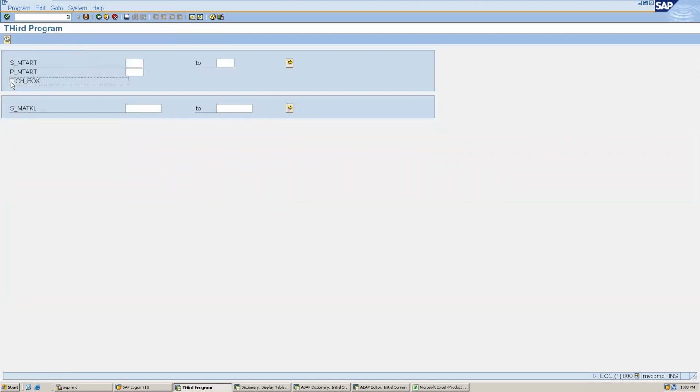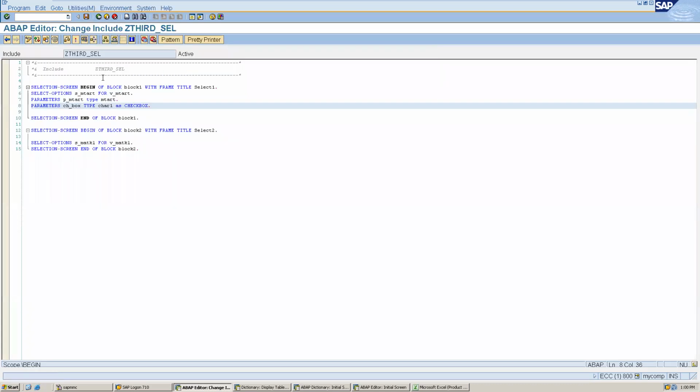Now my requirement is, if I have to hide this particular field based on a click on this, you must have seen this in a selection screen. Whenever I am checking this, some fields appear, some fields hide, right? So if we have to achieve this, we can do this also. For this, whenever we are clicking here, some event should get triggered, right? Let's see which events are getting triggered.